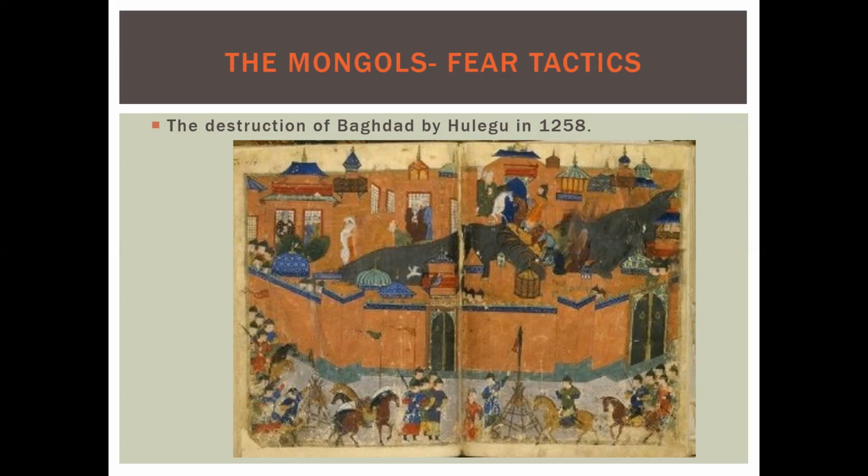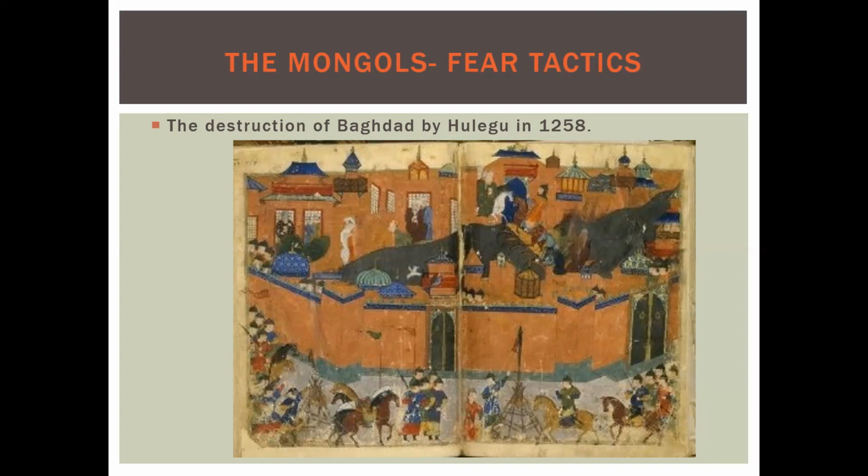The best example we have of this is when Mongols conquered and sacked Baghdad in 1258. Now, Baghdad was the most important city in the world in 1258. It was like London at the height of the Industrial Revolution and imperialism, or it was like New York today. It was the most important city in the world. It had the best literature. The House of Wisdom was truly a global university. There were people from all over Asia, including Africa and even Europe, who were studying at the House of Wisdom.